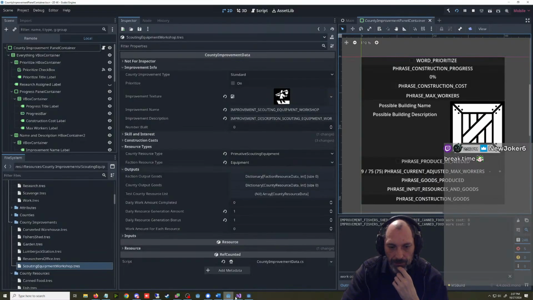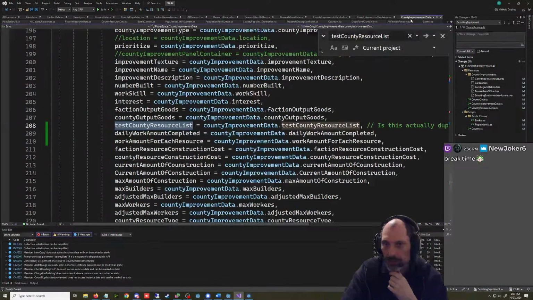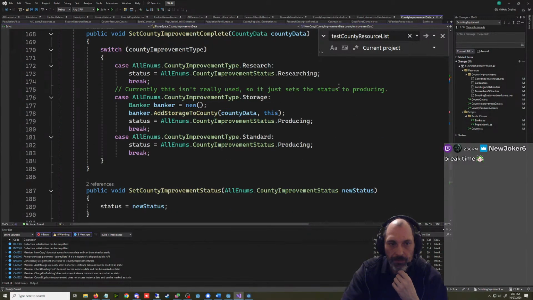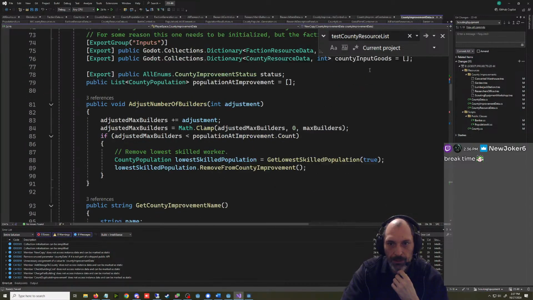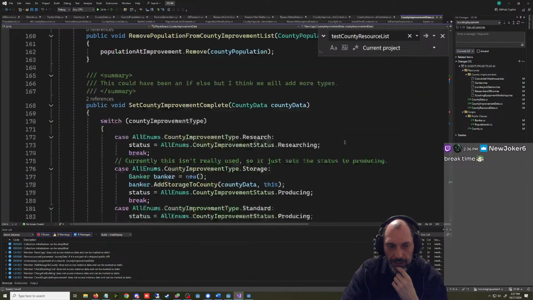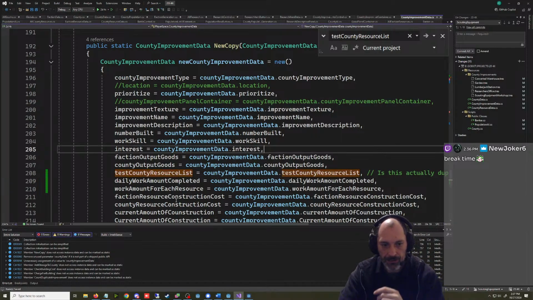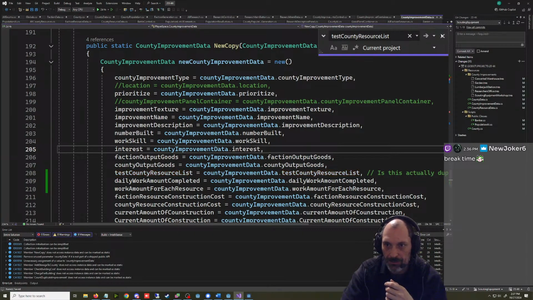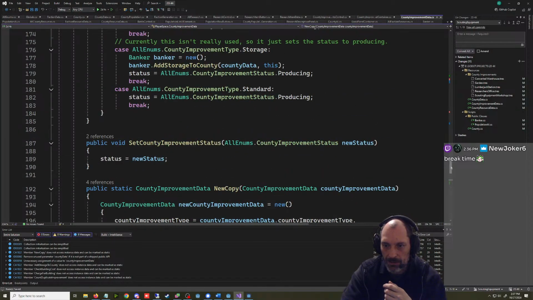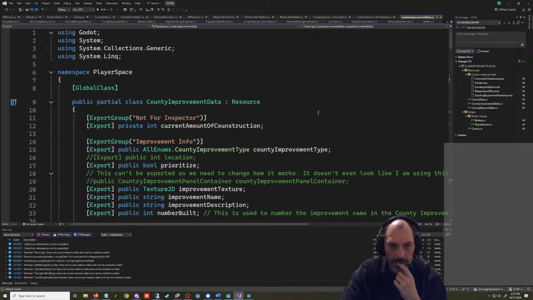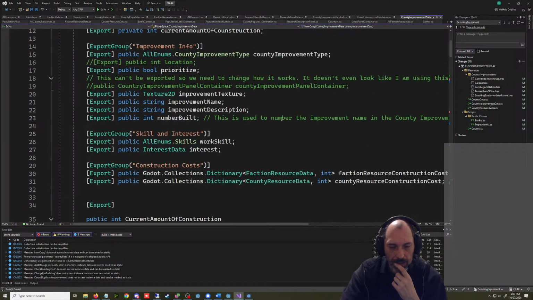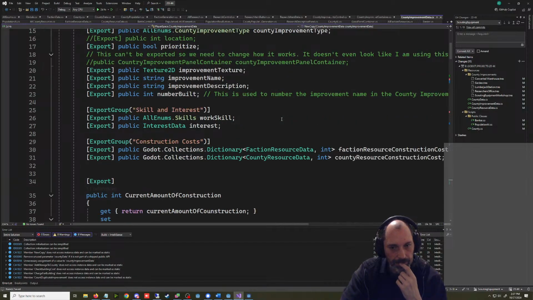I wonder if we have the faction. What faction is building this? I don't think we do. I guess it should be in this list down here. I don't think faction is in it. Faction resource? No. We're not checking faction resources for this test either. We don't, the county, so maybe,